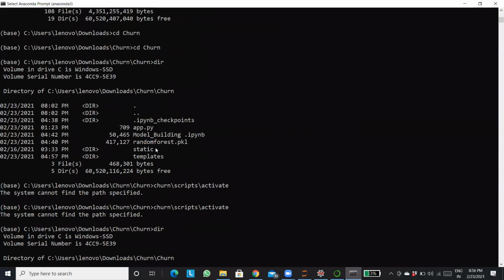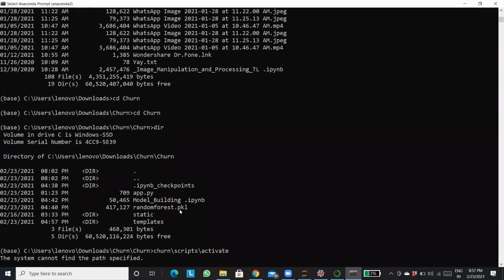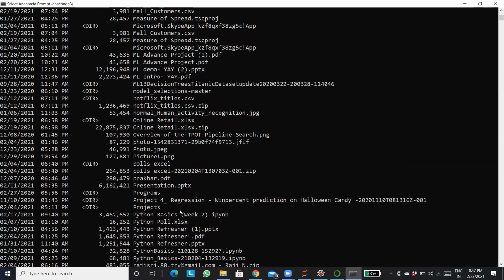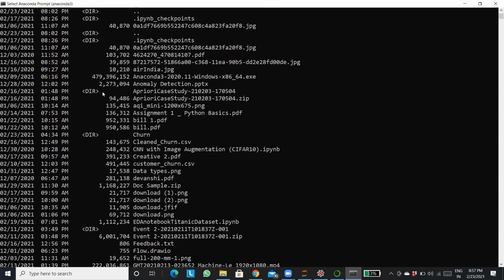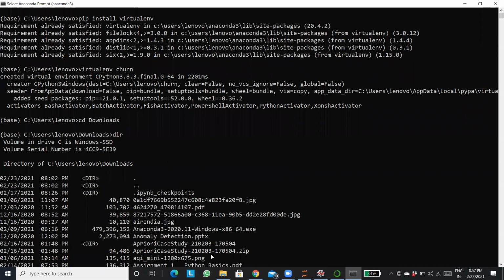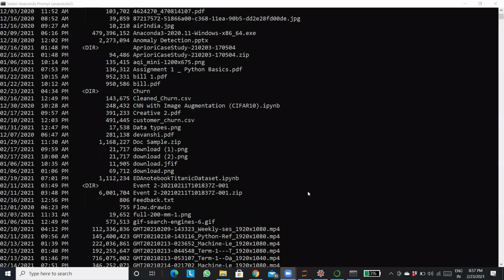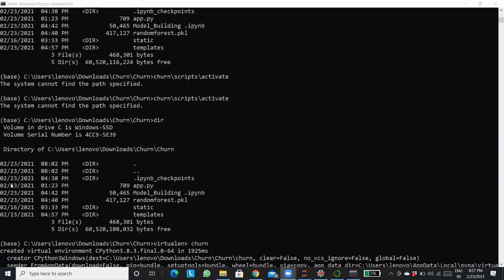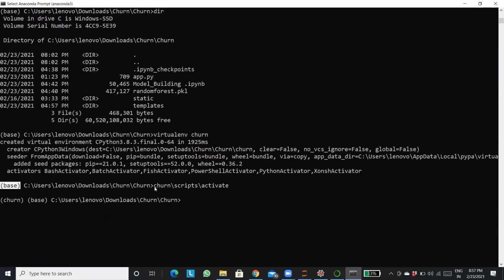So I did that over here in this particular path, users Lenovo downloads. I had to create it inside my churn folder where my app.py file is. So right now I am not in my base environment, I am in my virtual environment, that is my churn. Clear? It's already activated, Rupesh.